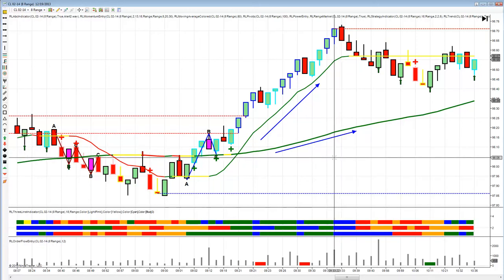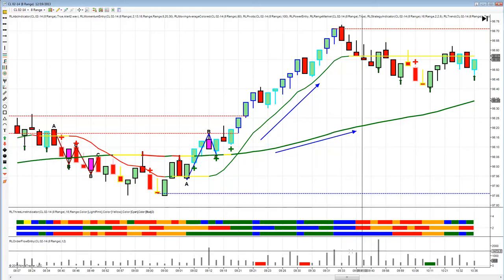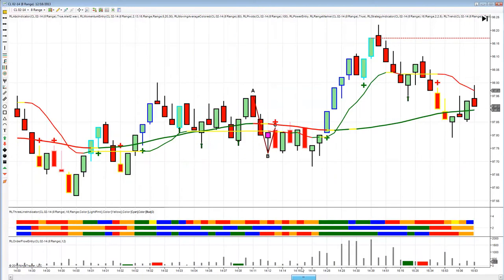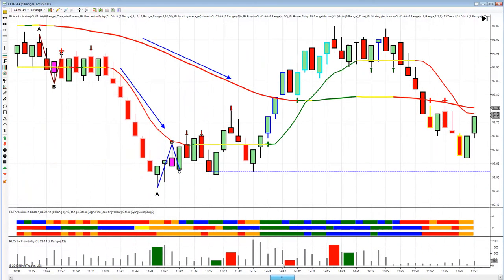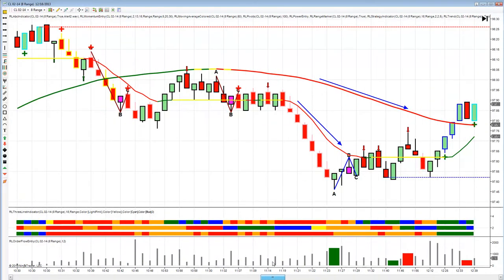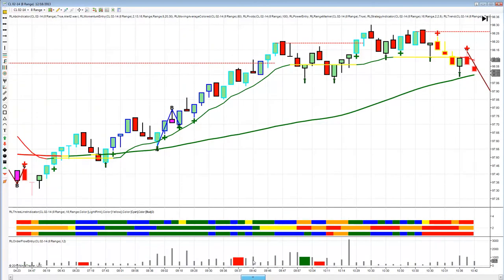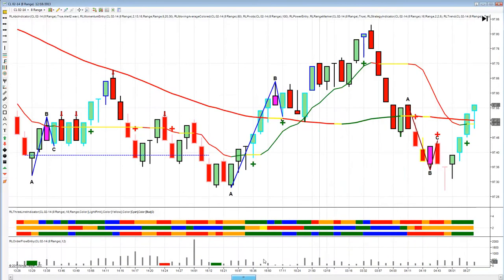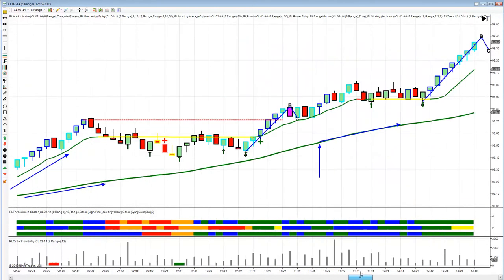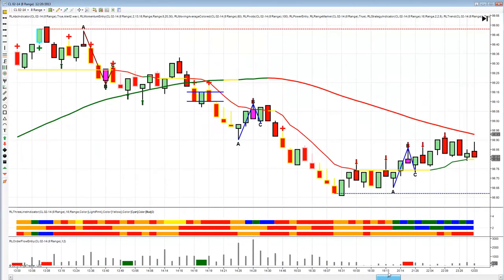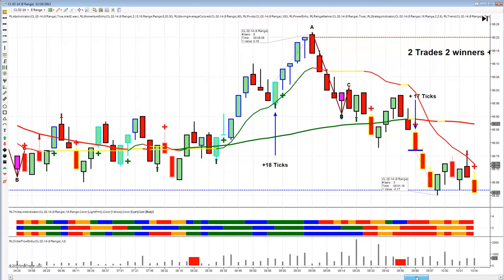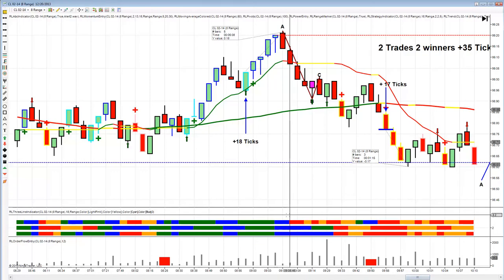Now, these are general rules for our trend trades. Now, let's take a look at each one of our individual trend trade signals. The first trend trade signal that we can look at, we have a few of them, is our